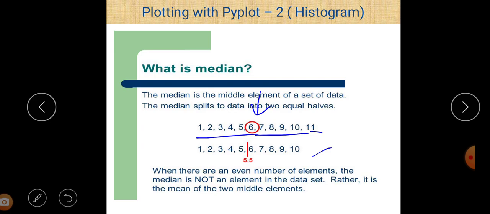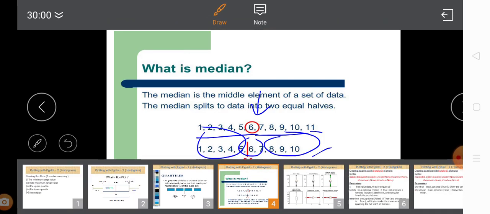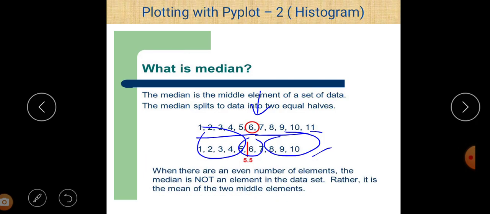In this case, you can easily see that 4 data items are on one side, and 4 data items are on the other side. And in this case, we find 2 data elements, so we are not able to find a single middle element.